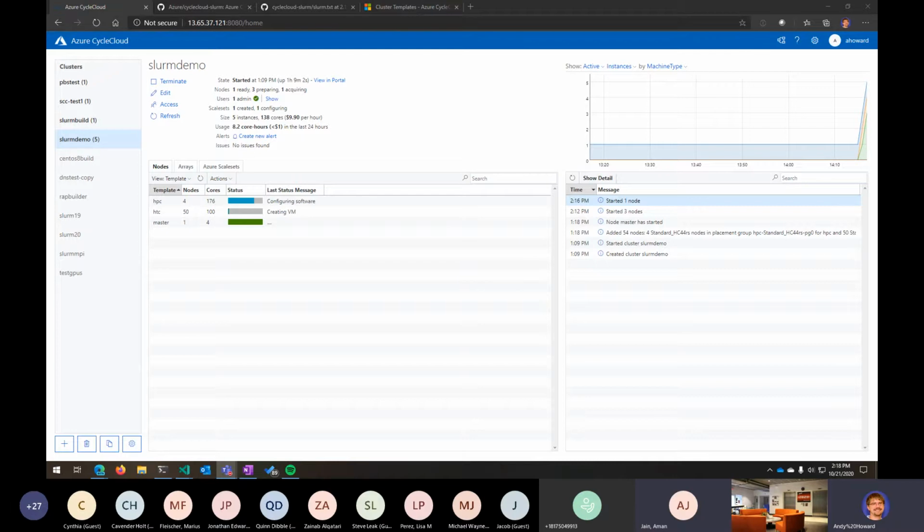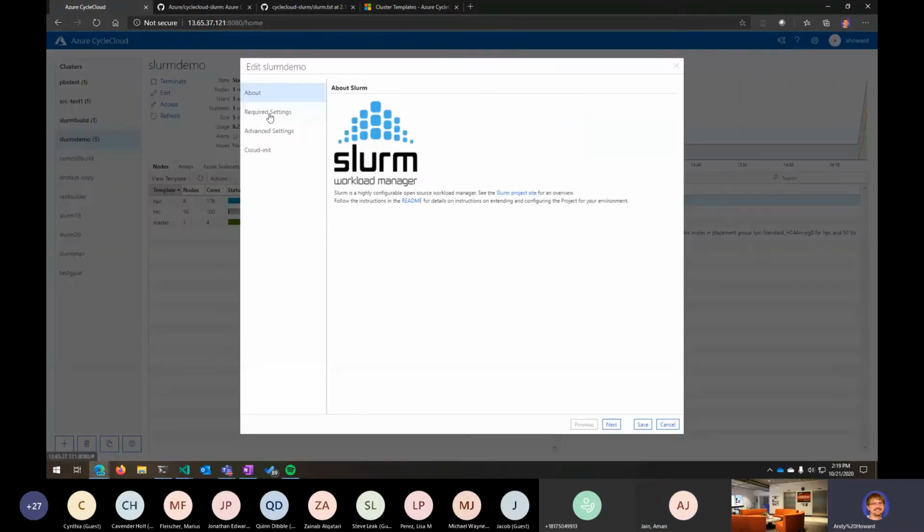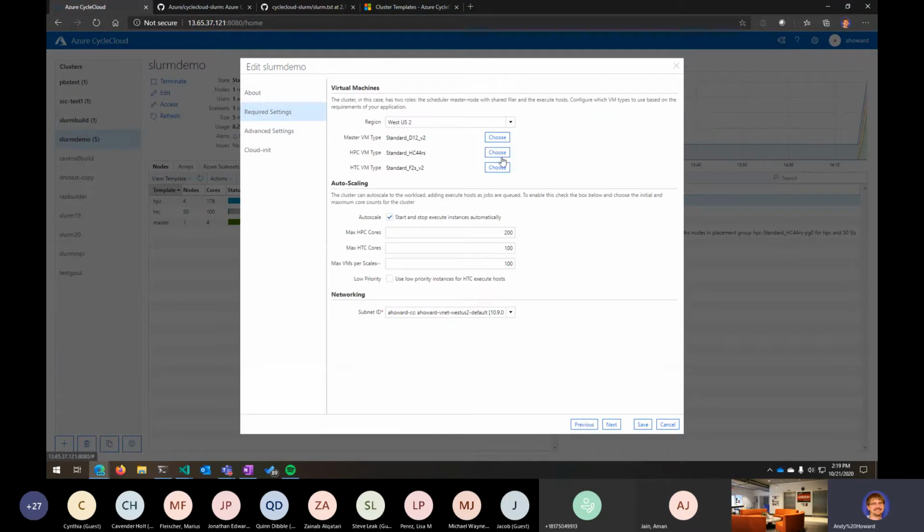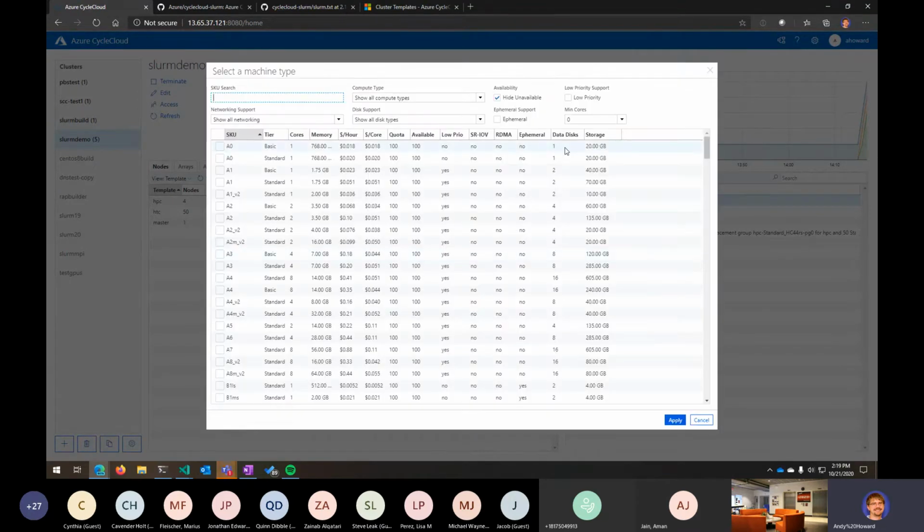SKUs we see are available to our subscription in our region. Yes, that's correct. So this is when you go to this edit page and you're choosing your VM type, by default, this hide unavailable is checked. So we'll only show you what's available in your region and in your subscription, and that'll also show you the